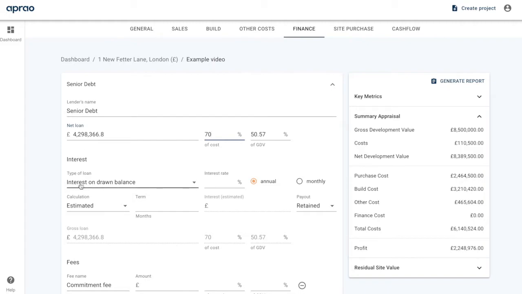We select the type of loan, so there's going to be interest on drawn balances. I'm going to select an interest rate, I'll assume 6% annually. We're going to just use the interest estimation tool right now, so we'll leave that set to estimated. Then here we're going to assume our term of 18 months, which immediately gives us an interest figure, and that